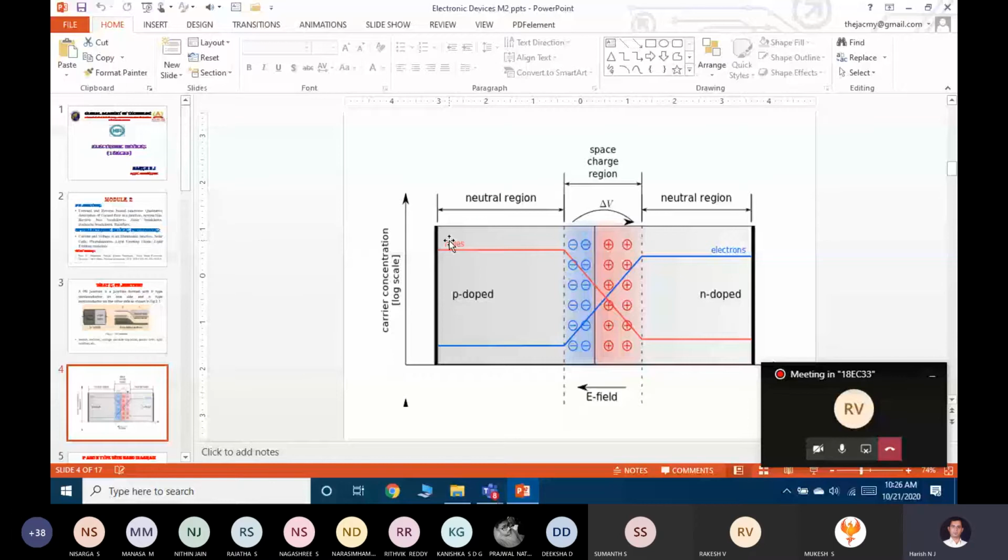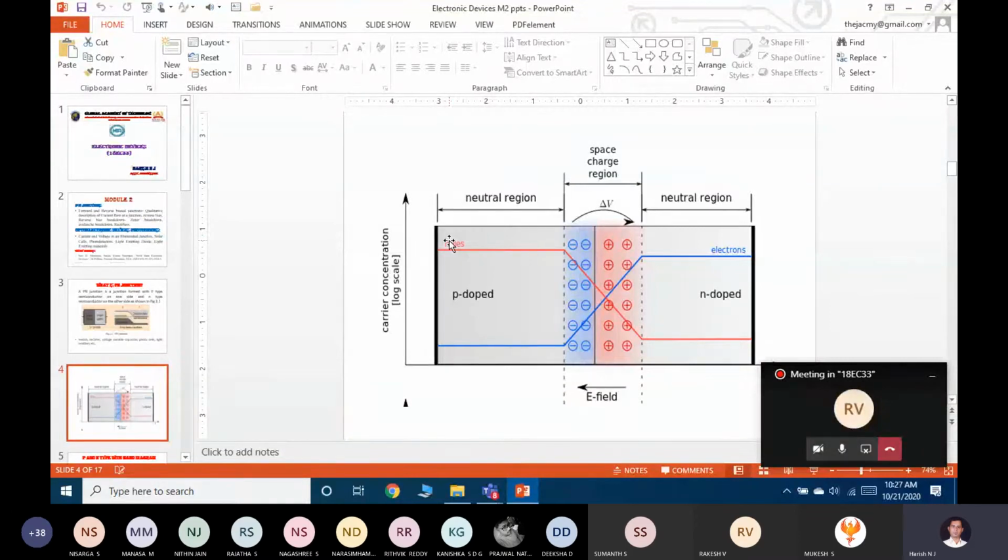Okay, so now you have separately fabricated a P-type semiconducting material and an N-type semiconducting material. I hope you remember that when we were discussing conduction and mobility, and the Hall effect, we took only a piece of semiconducting material, either N-type or P-type. Both the semiconducting materials we didn't consider together at all.